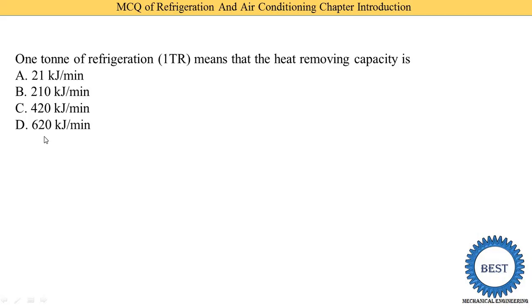So I think you already know the answer. In the last definition we studied that 210 kilojoule per minute of energy is rejected. In this MCQ, suppose it is not given in kilojoule per minute, but in kilowatt or kilojoule per second. So 210 is divided by 60, then we get the answer in kilojoule per second. That answer is 3.517. So that type of MCQ is also possible. In this, option B is correct.